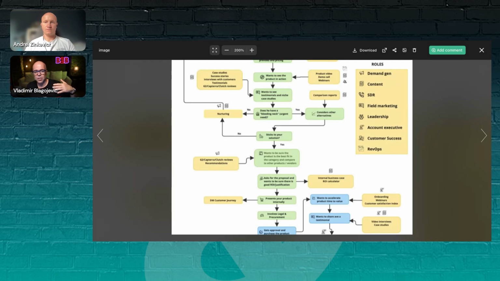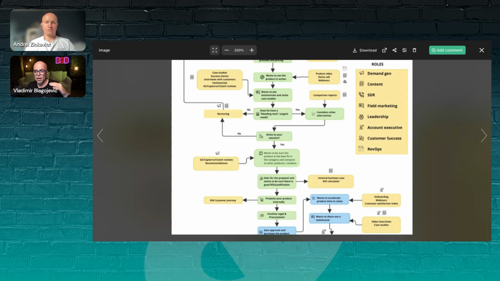Basically, what you're asking yourself is, first, what were the different steps that they took starting before they purchased the product. So what were, like Andre explained, the buying triggers, what was happening in the business before, and what did they do to try to understand what's happening? How did they try to understand their problem and start searching for a solution? Who did they ask? Very frequently they will start having discussions either with their peers, maybe in the communities, etc. So you want to map out these steps based on all the information that you collected.